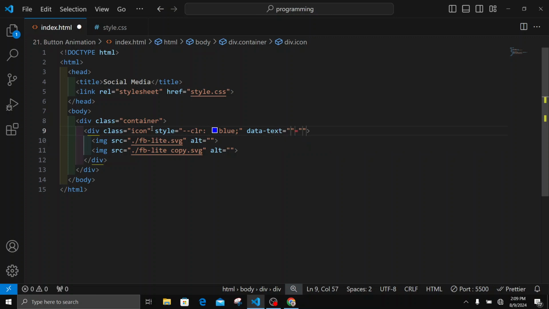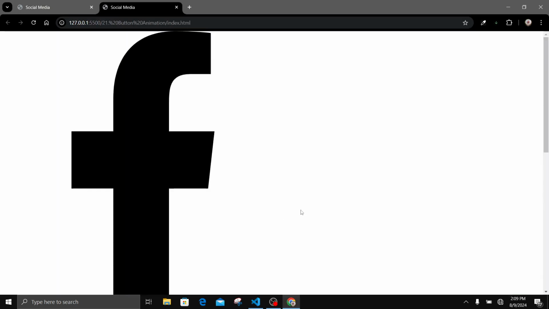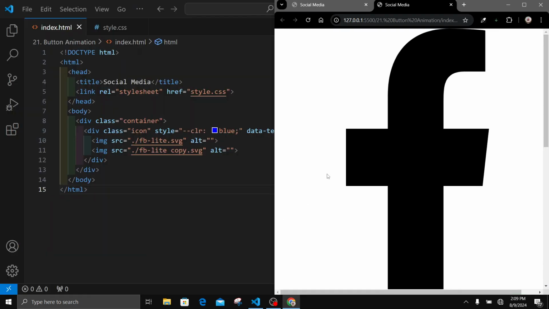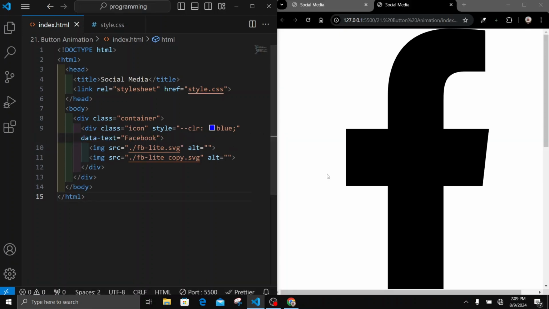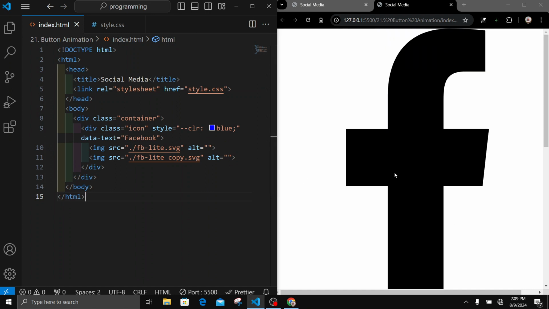x, and here I'll have Facebook, right? So if I save this and open my live server, I should have something like this. I'll put this sideways so you'll be able to see it. Basically the SVG image I have, this other one is white, so you wouldn't see it because of the background. So I'll just